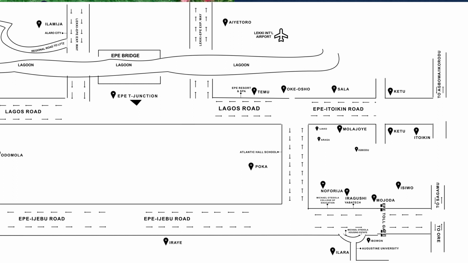And there are still so many other lands that the government is still going to allocate for different purposes in Ketu. So you want to be careful about what you are buying and who you are buying from, so that you don't go and buy a property that the government has already allocated or will still allocate for another purpose. So be very, very careful about Ketu. Alright, so Ketu, Sala, Molajoye are very, very good towns for you to invest if you can't afford Isimi or you can't afford Dukia Africa.